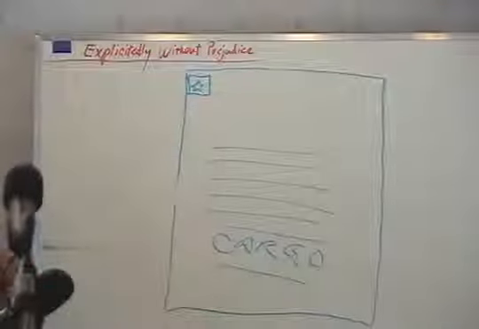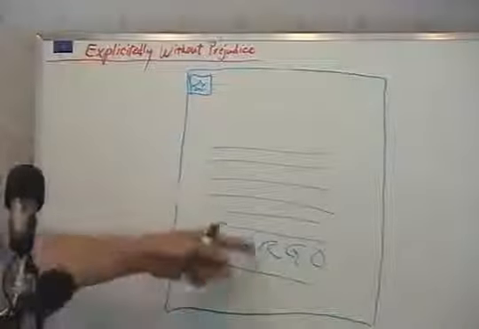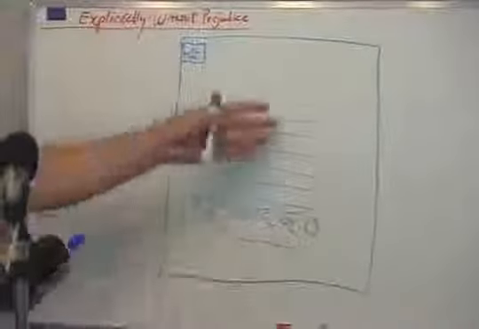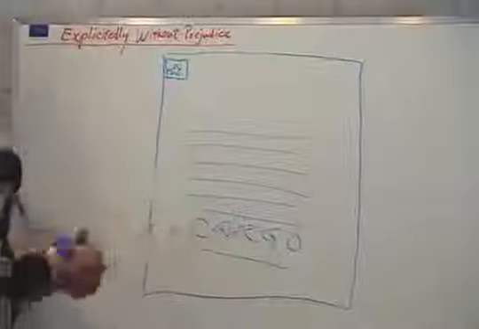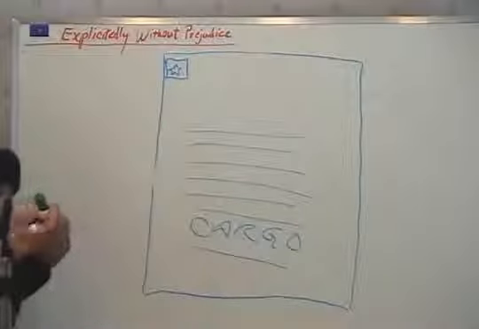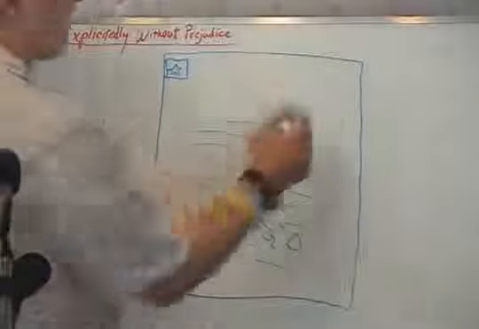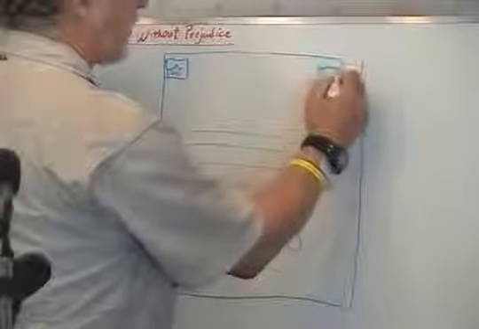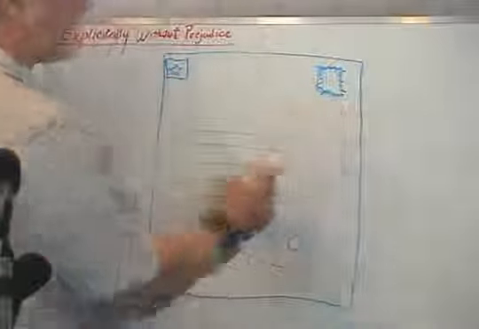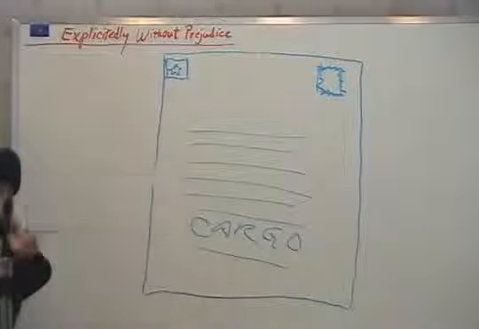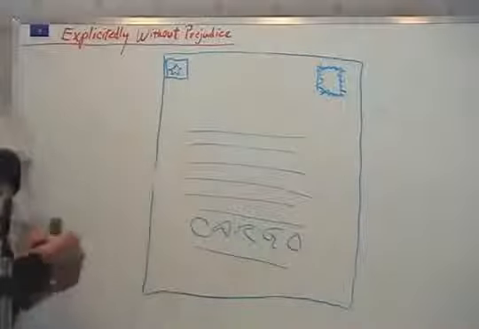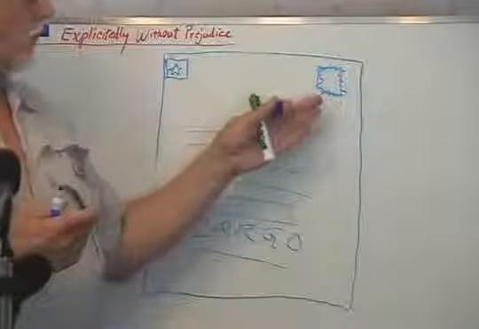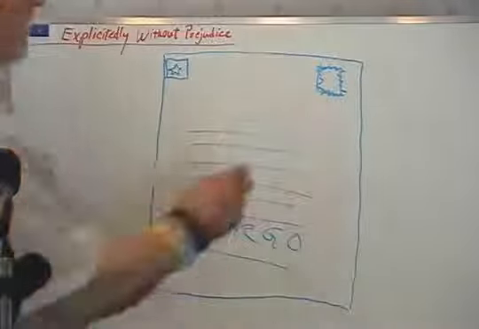Now, you know you can't send a letter through the mails unless you pay for that cargo. You can't move it through there. You can't ask someone to do you a service and carry those mails nationally or internationally. And so up here, we'll put a stamp and pay for that thing. Keep the receipt. That's your bill of lading, and this is your evidence that you paid for that stamp.